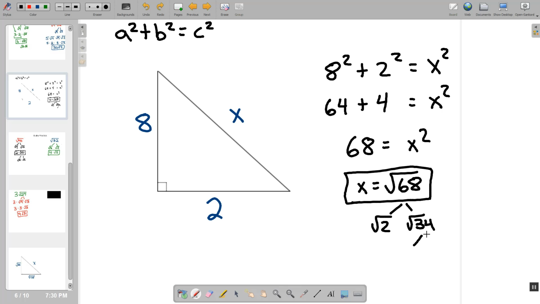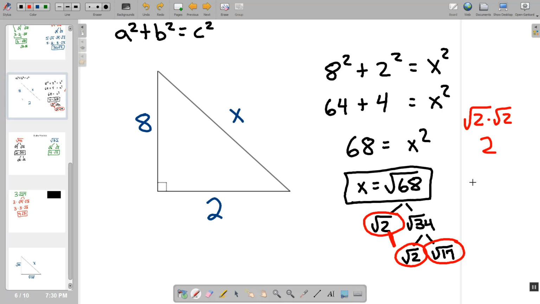Then I also know that the square root of 34 can also be divided by 2, and gives me these 3 pieces left over: square root of 2, square root of 2, and square root of 17. The problem is that none of these are perfect squares, but I notice, and I'm hoping we know from earlier sections, that square roots are the opposite of squaring. So the square root of 2 times the square root of 2 should be equal to 2, because the square root and squaring are opposites. Therefore, this is equal to 2